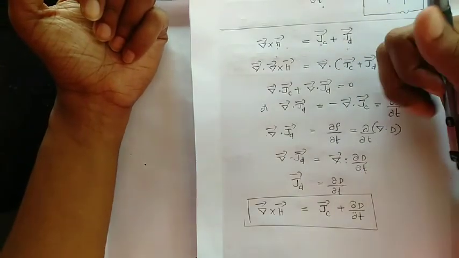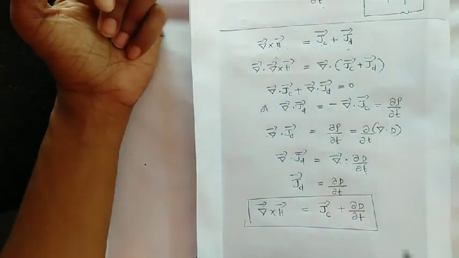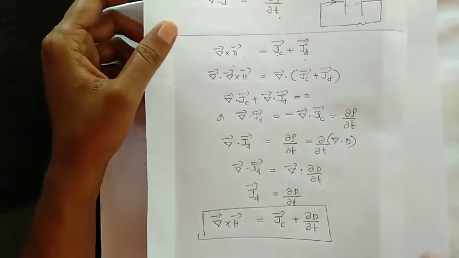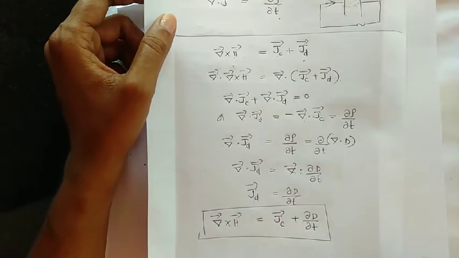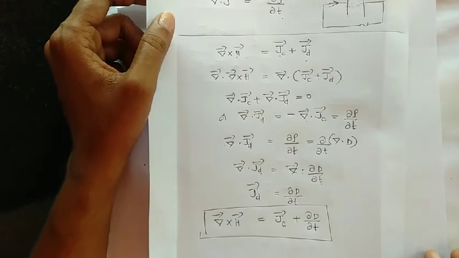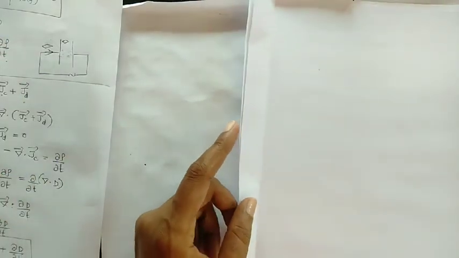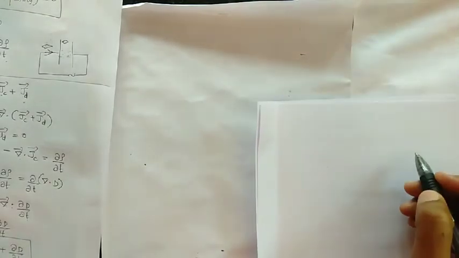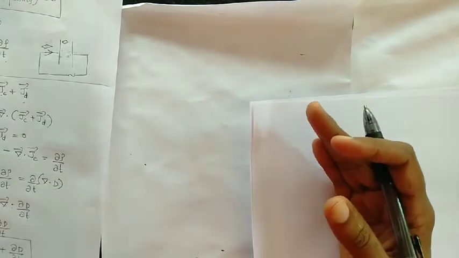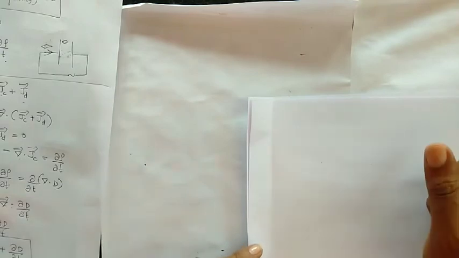It can be asked. Then here comes the concept of conduction current, so it can be asked, displacement current. It can also be asked as what is the difference between conduction current and displacement current, or give some comparison between conduction current and displacement current. What is conduction current? Conduction current is due to the drift of electric charges in a conductor. Drift means when we are applying an electric field, electric charge can move in a conductor. So that is known as conduction current.